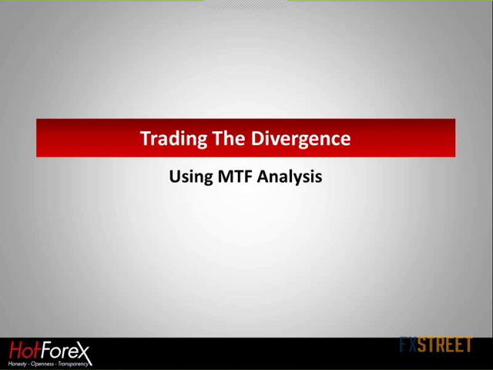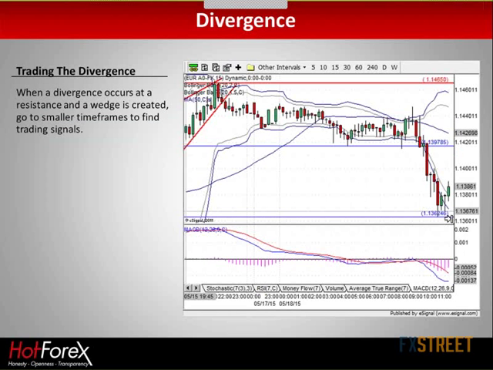Okay, that's a question. How do you apply for buy or sell when divergence happens? And it's an excellent question because this is what I'm going to answer you now. This is how I trade these sort of situations here. When price is trading close to a resistance level and the divergence occurs, and you see something like a wedge in 60-minute time frame, then you can go to smaller time frames and